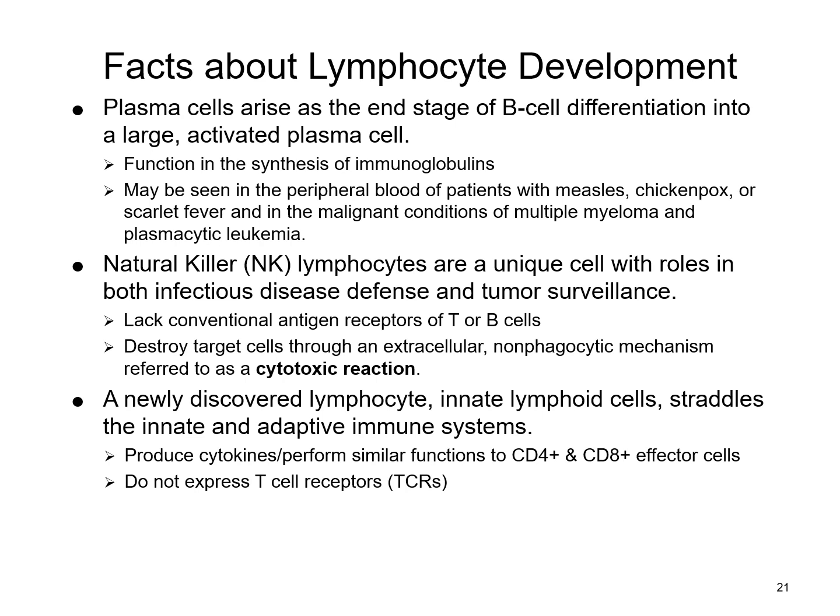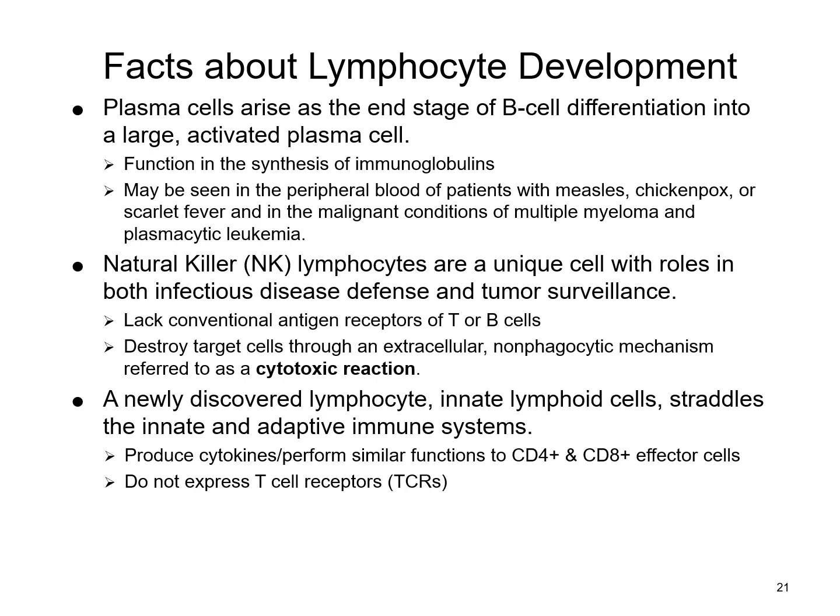Plasma cells. So these are not normally found circulating within the peripheral blood, although I wouldn't say that you would never see them, because it is possible. But plasma cells arise at the end of the B cell differentiation into a large activated plasma cell. So these are those large lymphocytes that have that eccentric nucleus, where that nucleus is kind of sitting over to the side. They function in the synthesis of immunoglobulins. They may be seen in the peripheral blood of patients with measles, chickenpox, scarlet fever, or in malignant conditions like multiple myeloma and